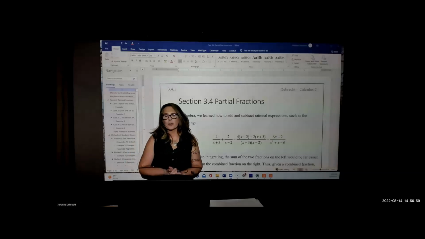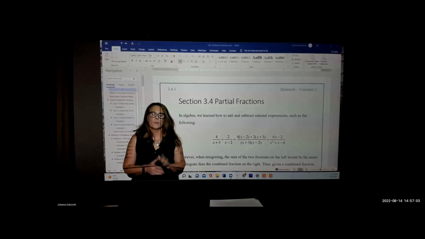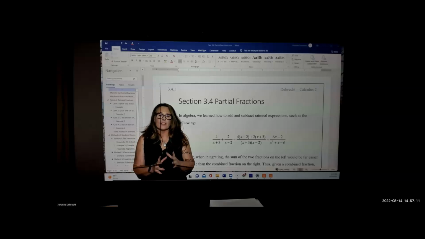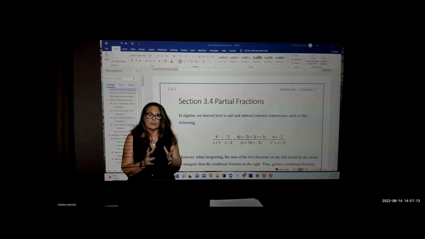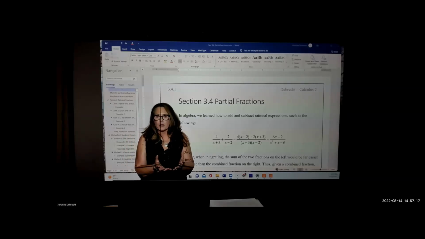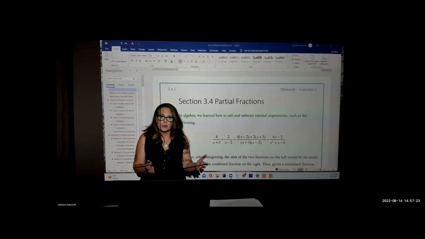In this video, we're going to be taking a look at a method called partial fractions. Now, partial fractions are used to break down rational expressions with more than one factor in the denominator. The factors in the denominator are polynomial because, of course, a rational expression is the ratio of two polynomials. So we have a polynomial expression on top, which could just be a constant, and we have a polynomial expression